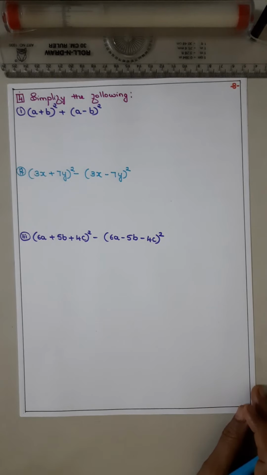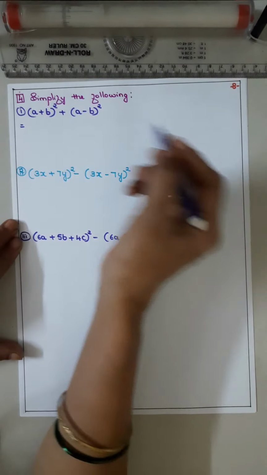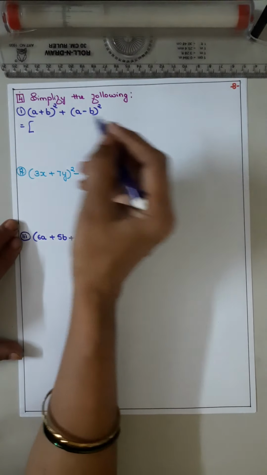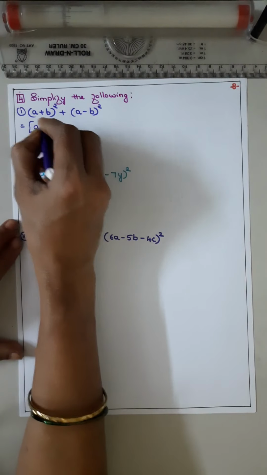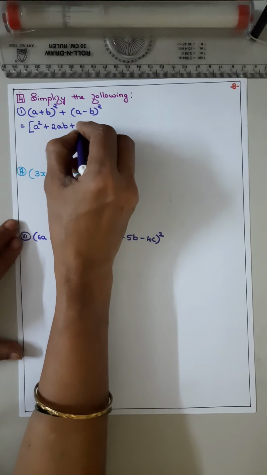The question is simplify the following: (a + b)² − (a − b)². Now open the identity. So (a + b)², put it within the square bracket: a² + 2ab + b²